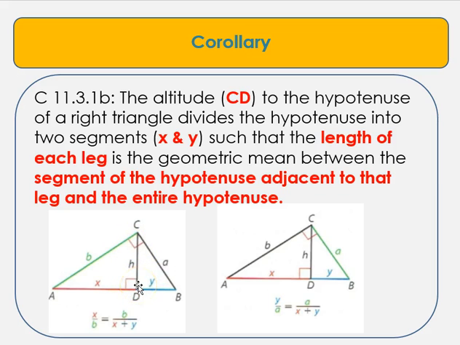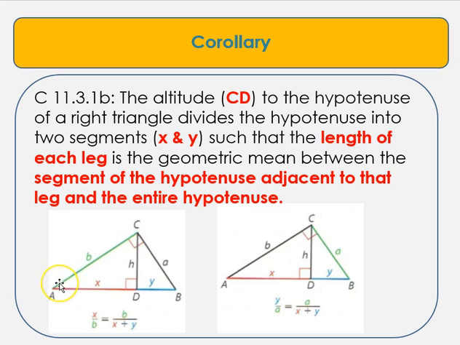And then our second corollary, we're still using the altitude, which is CD or h, to the hypotenuse, and it divides the hypotenuse into two segments, which in the last example we had as AD and DB, but they're also called X and Y, such that the length of each leg. So now we're going to compare a different piece of the triangle. The length of the leg, of each leg, is the geometric mean. So now we're going to take AC, which is